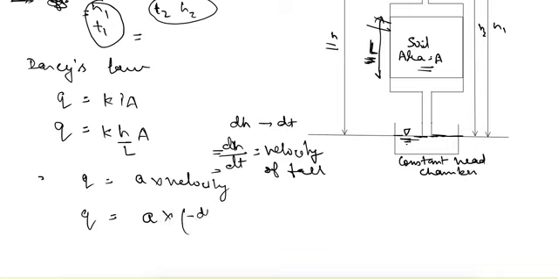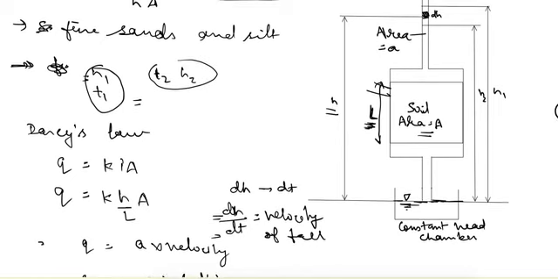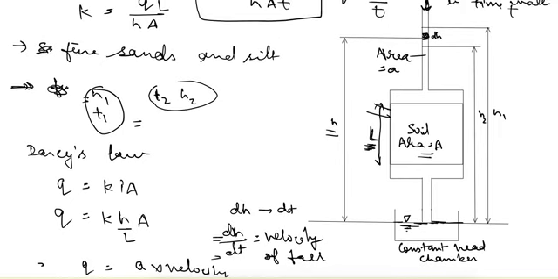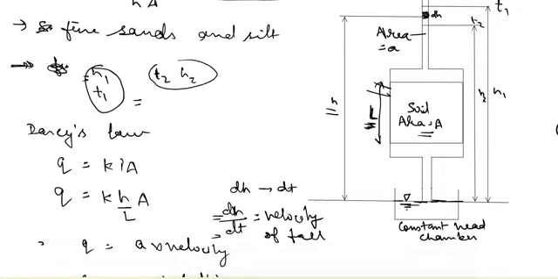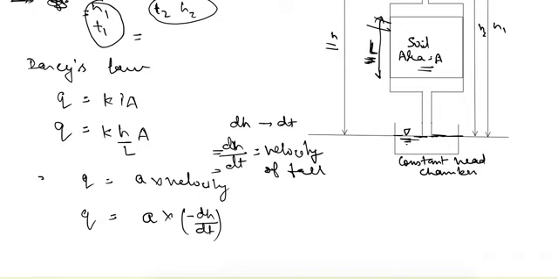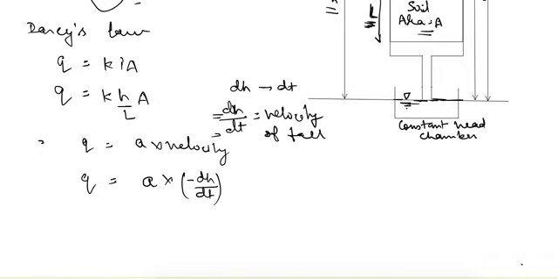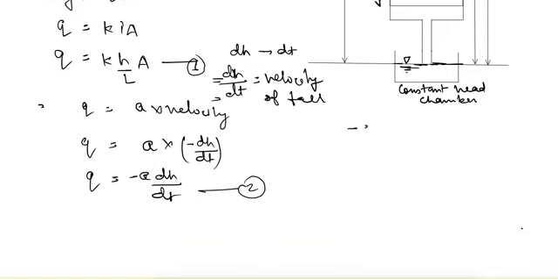minus dh by dt. So why am I putting this minus? Because as the time is increasing, the value of head is decreasing. So at time t1 the head is h1, and at time t2 the head is h2, which is less than h1. So this will give us a negative value of head. So from here Q is equal to minus a dh by dt, and if we equate this equation and this equation, so from here we will get minus a dh by dt is equal to k h by L into a. So from here